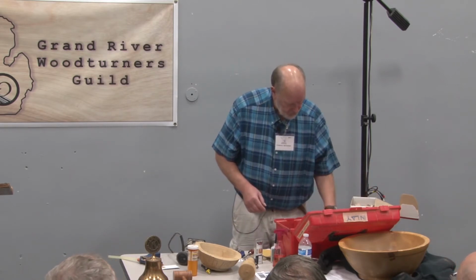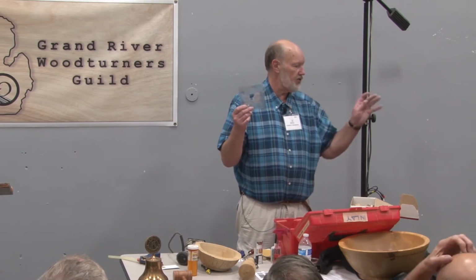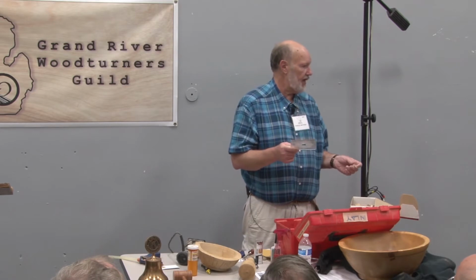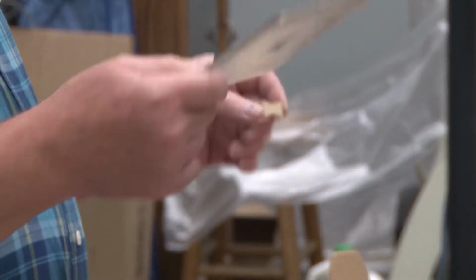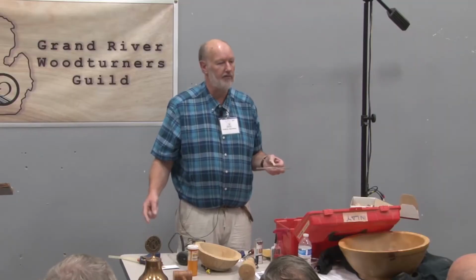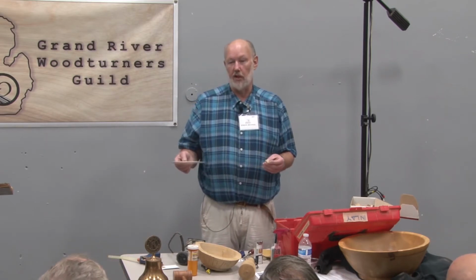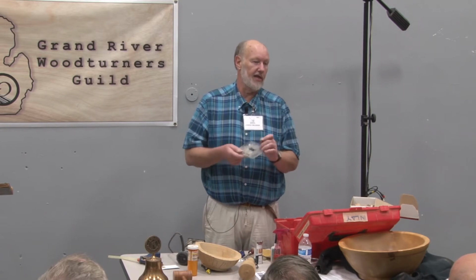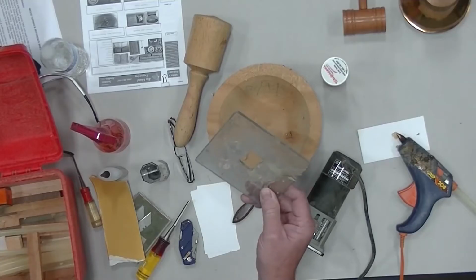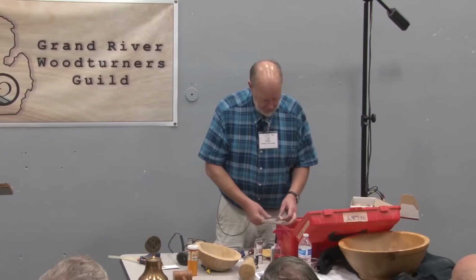The next step, you have to make some type of a template so that you can route out the hole that this goes into. Now, the way you do it is you take a piece of plexiglass or Lexan or whatever you happen to have. It could be even thin plywood if you wanted. And you glue one of these with hot melt glue. The only use I've ever found for hot melt glue in my wood shop is this. And it really works well because of the failing of hot melt glue, and that is that it'll come off. So you glue your bow tie to a piece of plexi or Lexan,